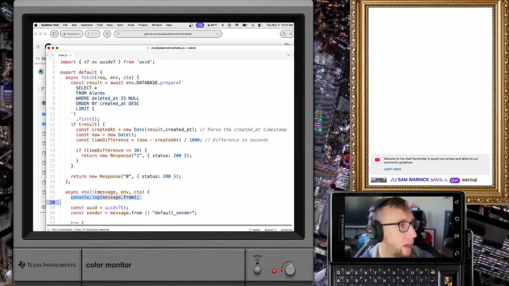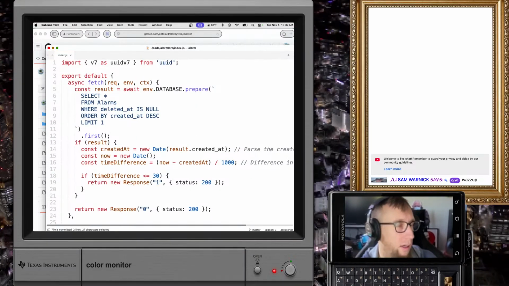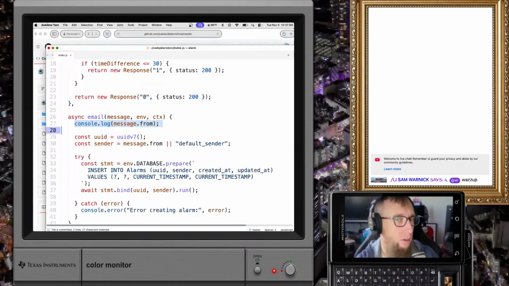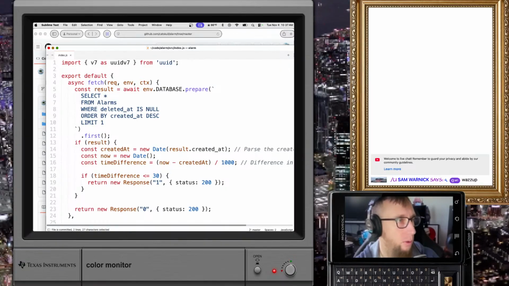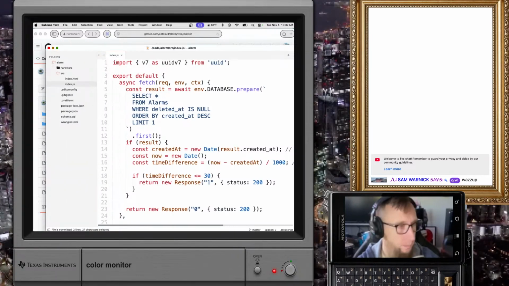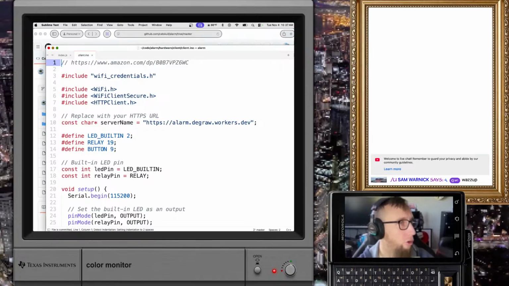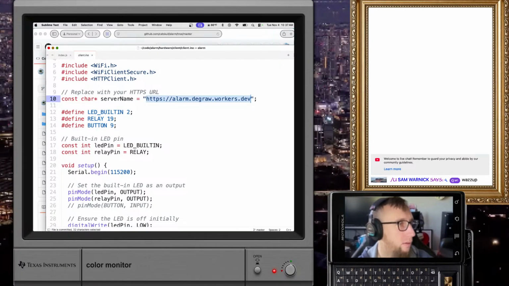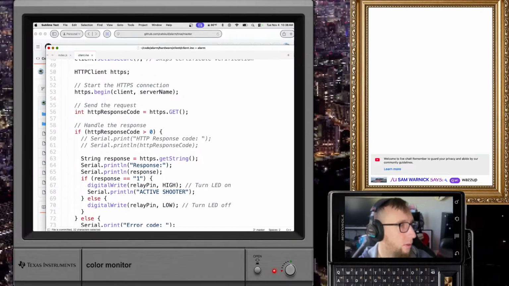Then I have this fetch. Maybe I'll make it bigger for you. So this is what the ESP32 will call. This email thing is totally just server side, but the ESP32 will call fetch repeatedly. In fact, we can probably look at that. I put it in hardware client. Oh, that's my URL. So what is it going to do?